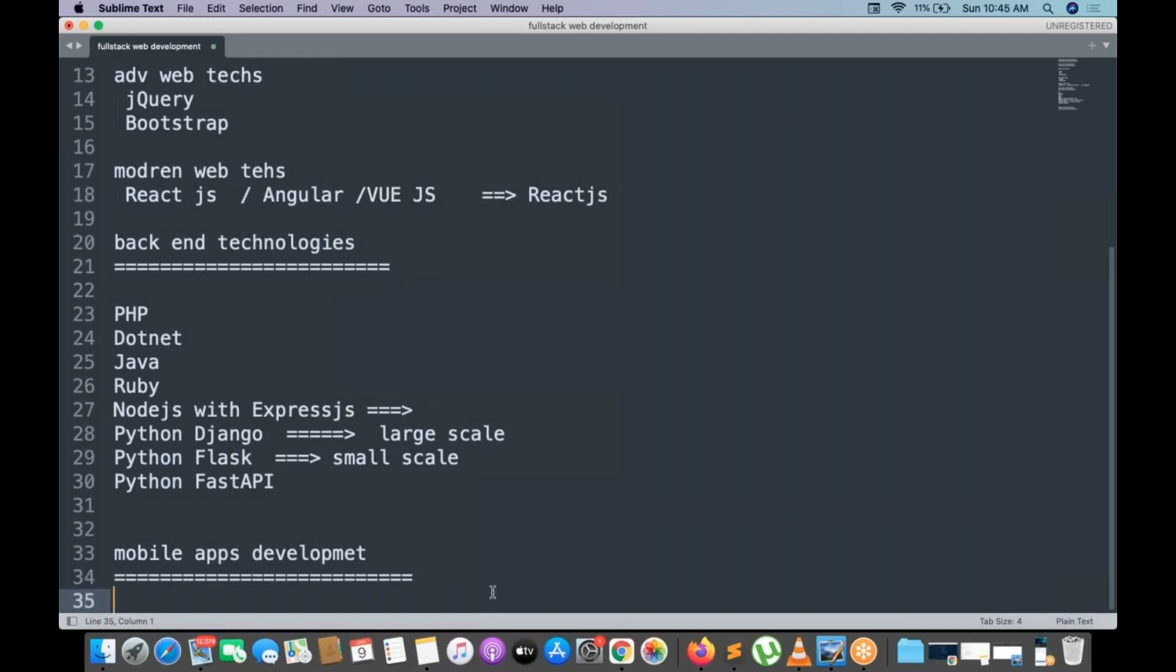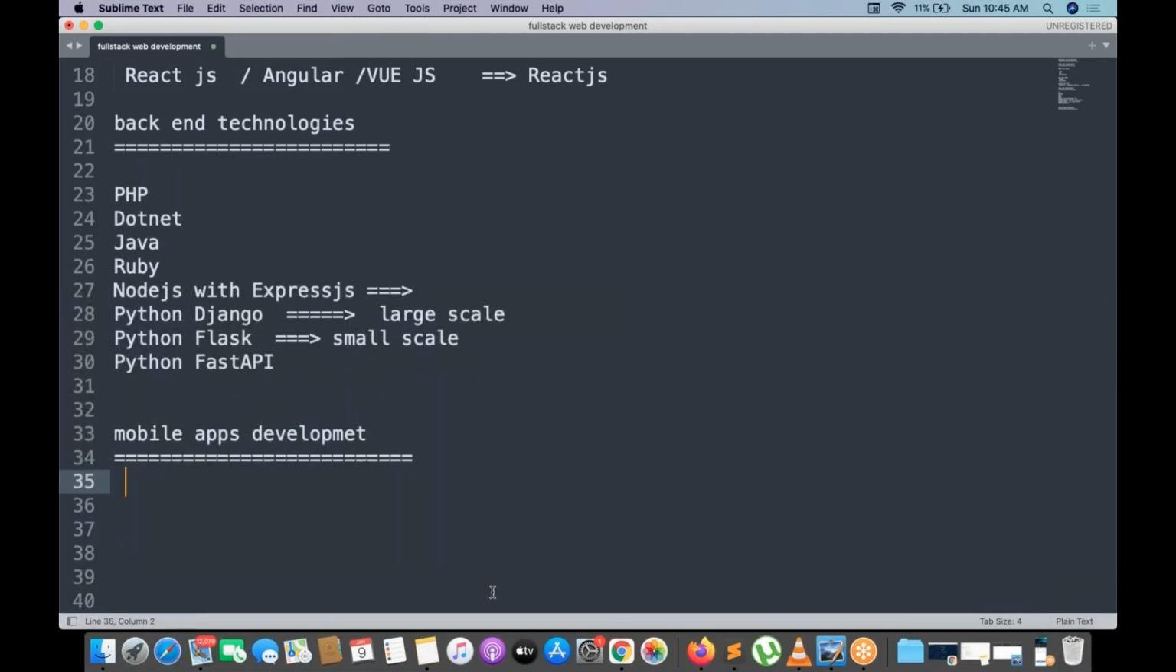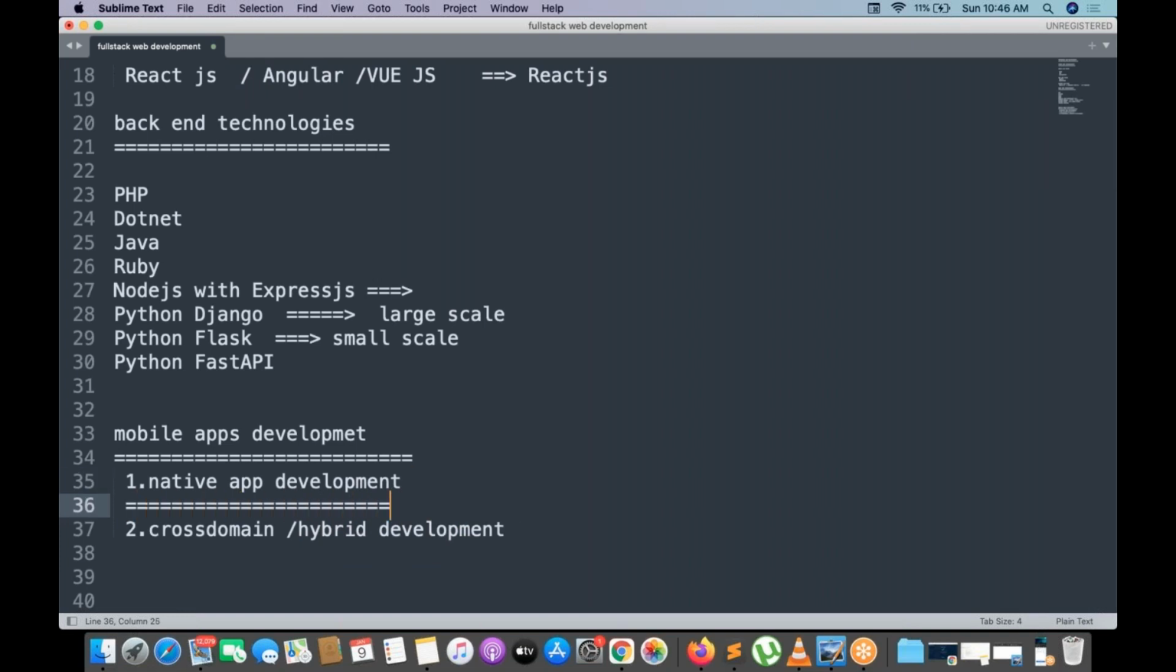Next, coming to the mobile app development part. In the mobile app development part, there are two kinds of mobile development. One is native app development, and one is cross-platform or hybrid app development. So, in the part of native development, the concept